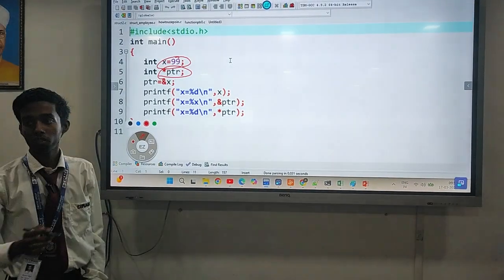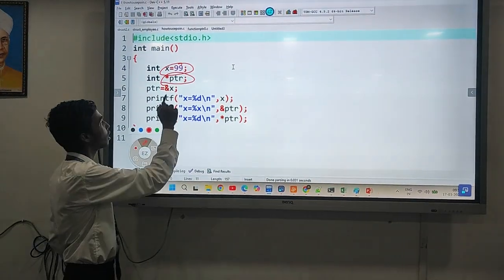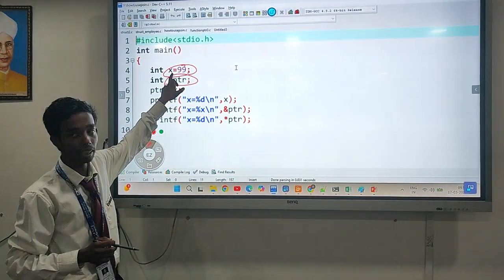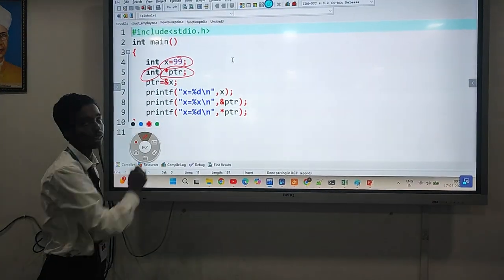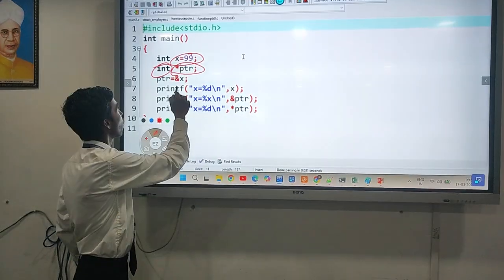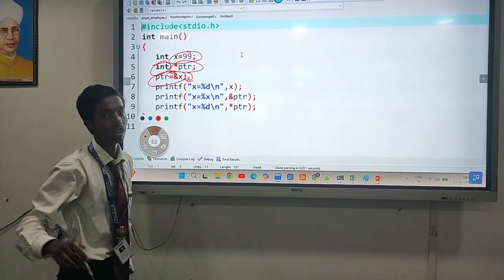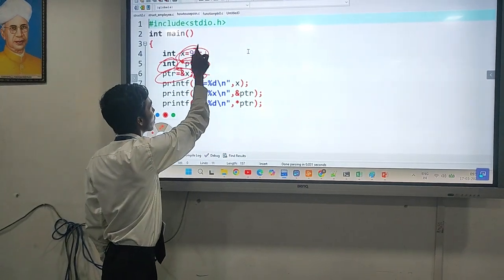You have to be careful to initialize a pointer, because if you want to put the address of this variable, you have to write the same data type. Then you will define the value. Now, I have initialized ptr equal to ampersand x. This will keep the address of x.